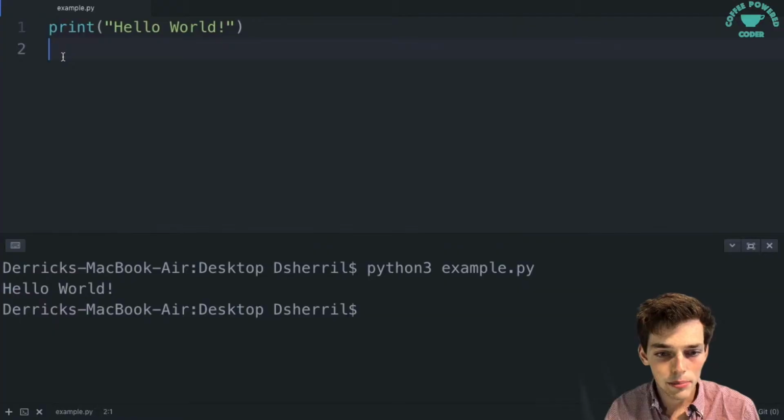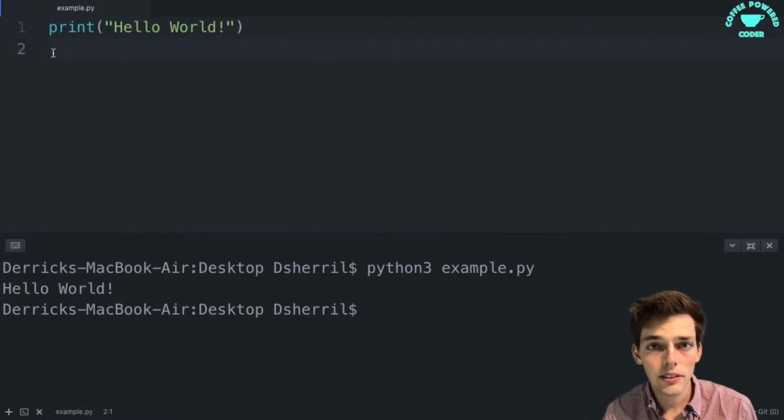Let's get started. So back in our text editor here, we have the print hello world statement from the last video. Now let's talk about how we can make a comment in our Python script. A comment in a Python script is just a line of code that isn't executed. So these are often notes for developers or programmers. So we can leave notes in our Python scripts throughout to let us know what we were thinking at that